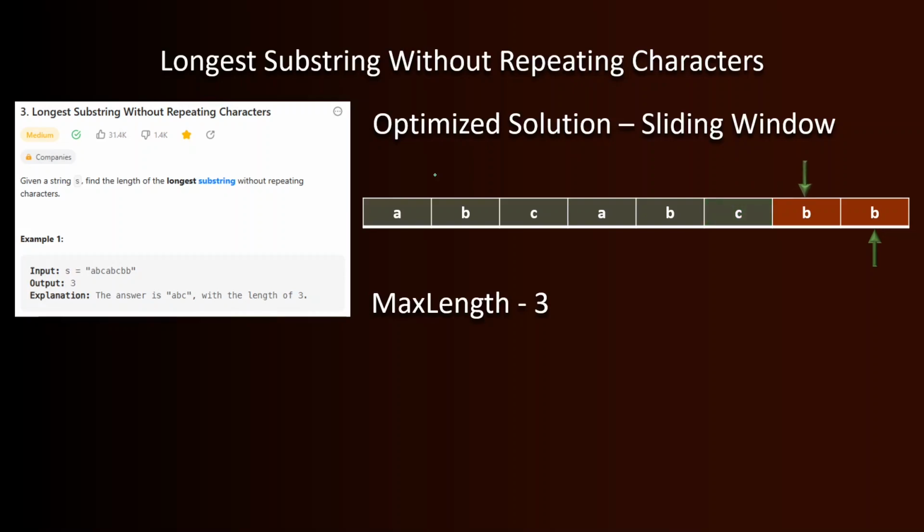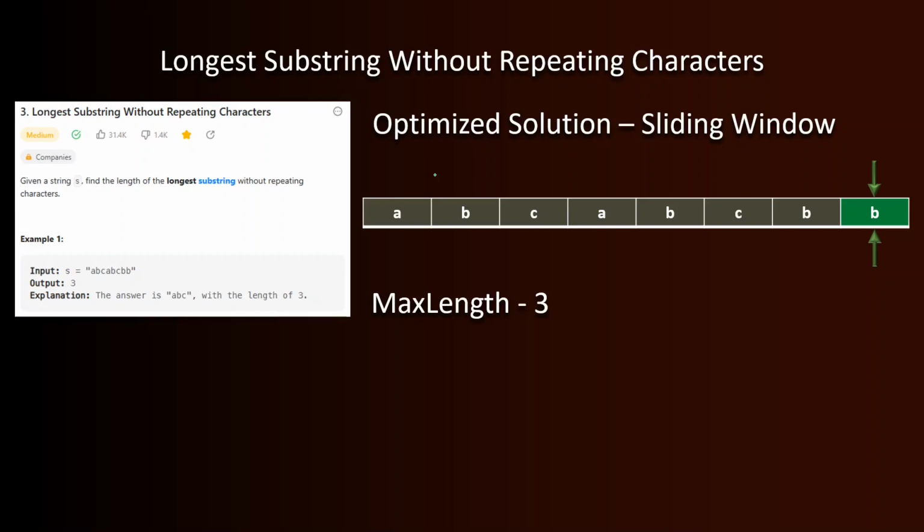Even after moving the left pointer, the new substring has repeating characters. So we are just going to move the left pointer again. And the current substring, which is just the letter B, has no repeating characters, but it is shorter than the max length. And since the right pointer already reached the last character of our input string, there are no more characters to visit. So our code completes, and the result is just the current value of max length, which is